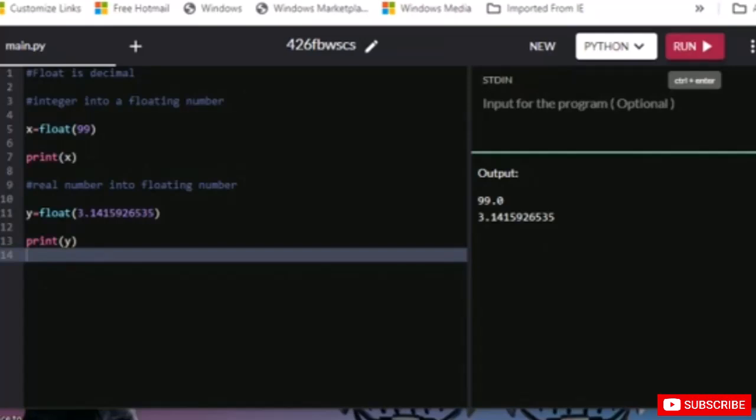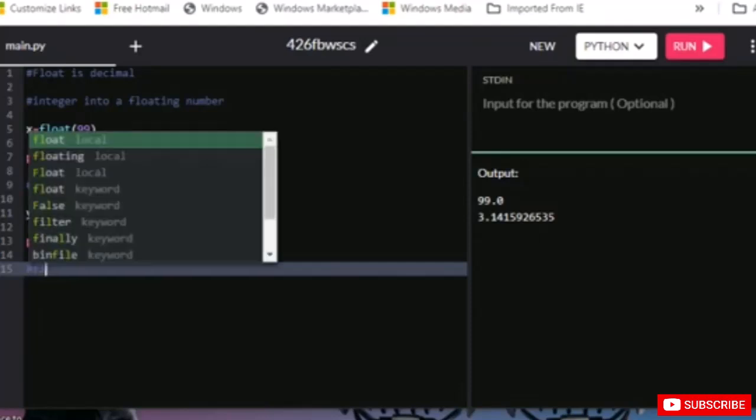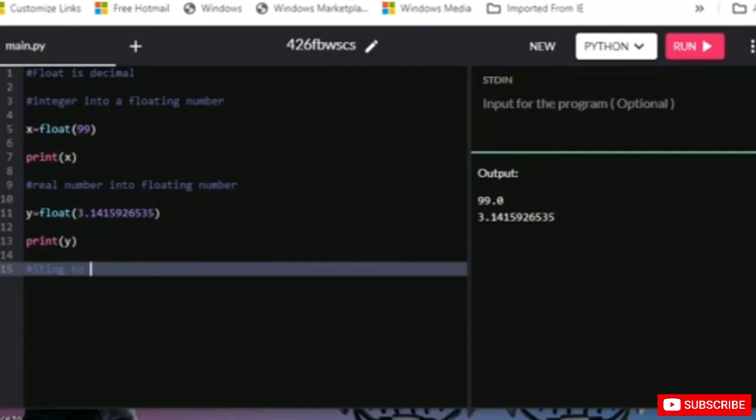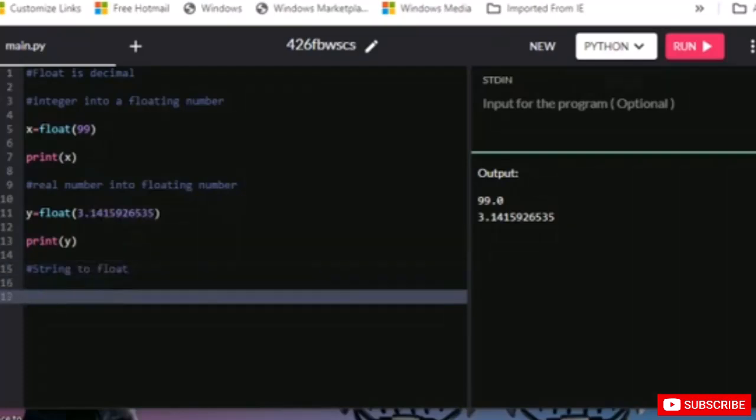And now let's try one final thing, which is let's try string to float. Well, I have not told you about strings in the very first place, so let me give you a glimpse about the string. We are going to cover that in data types obviously, but strings are just the alphabets, that's it. Like we have commanded in the very first place print hello world, so the hello world in the apostrophes that you put in is actually the string.